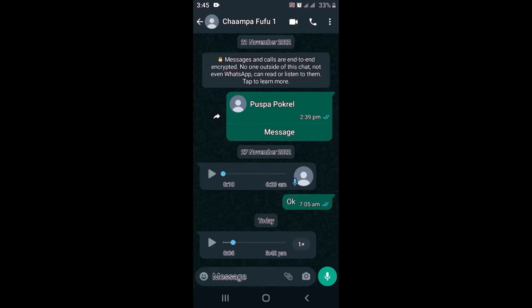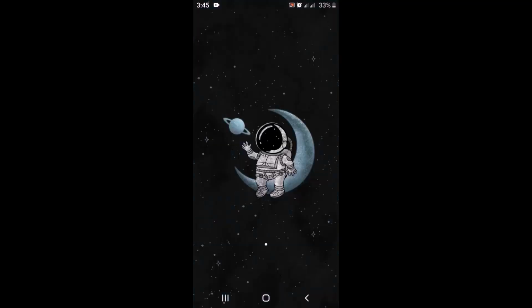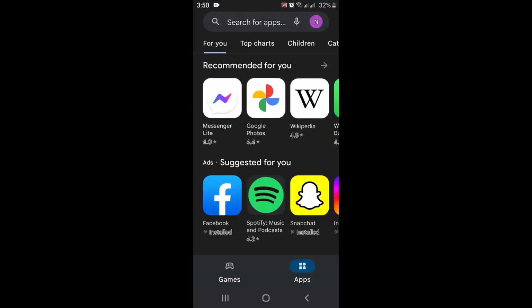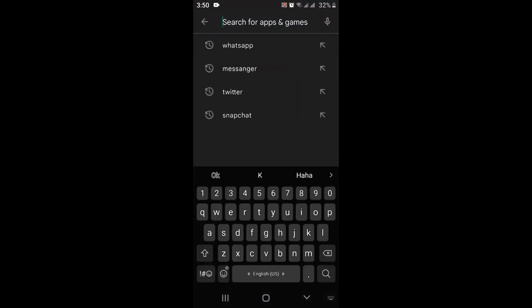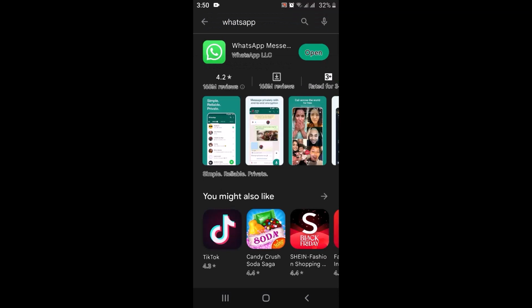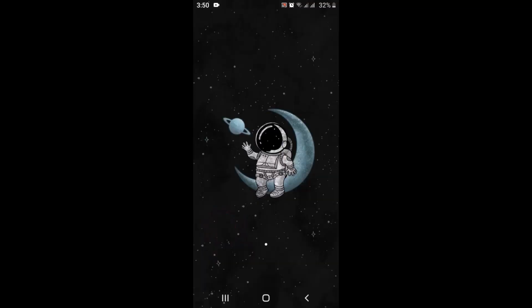And then the other thing might be that you haven't updated your WhatsApp application. So in order to update, head back to your home screen and then open up your Play Store application. After you open up your Play Store application, on the search box type in WhatsApp, and right over here you'll have to make sure whether the app is updated or not. In case you have an update, which means that the update is available, sometimes just an update might be able to fix your issue. In case you're not able to fix it, then the other thing what you can do